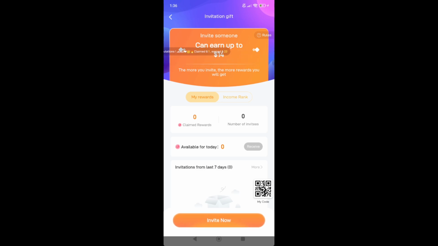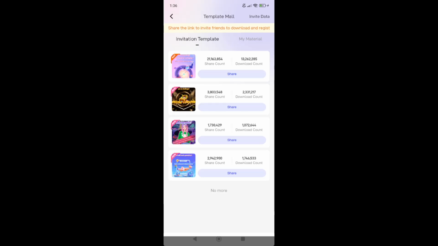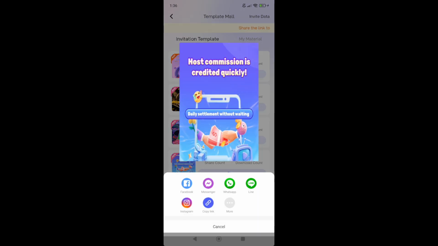You can simply go all the way down and click on invite now, and then you can select a template from those 4 different templates for invitations. So I'm gonna choose the last one, for example, click on share, and like that you can share it to